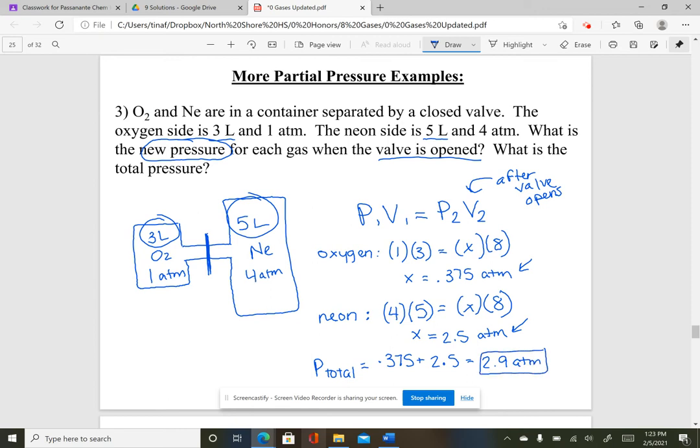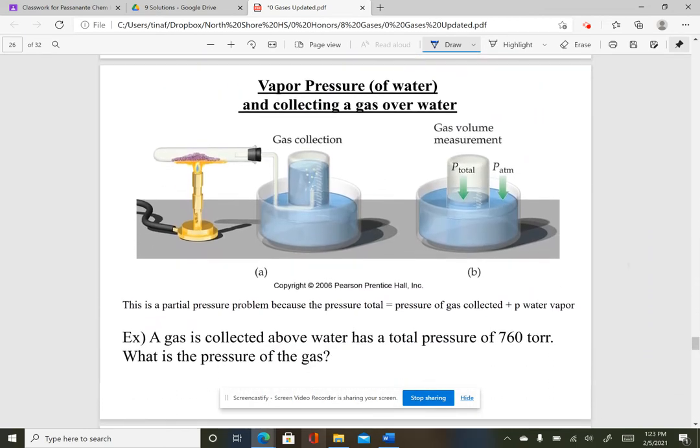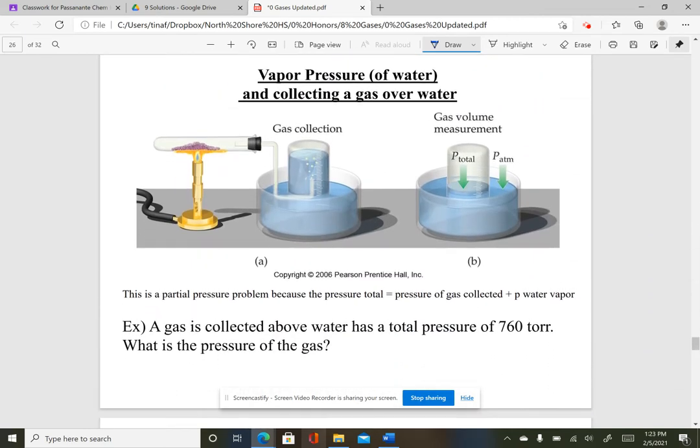Okay? So those are your 3 big partial pressure formulas to pick from, and I hope it's pretty obvious to you which one you would choose. Now, this is also a type of partial pressure question, and it has to do with whenever you see a gas collected above water,